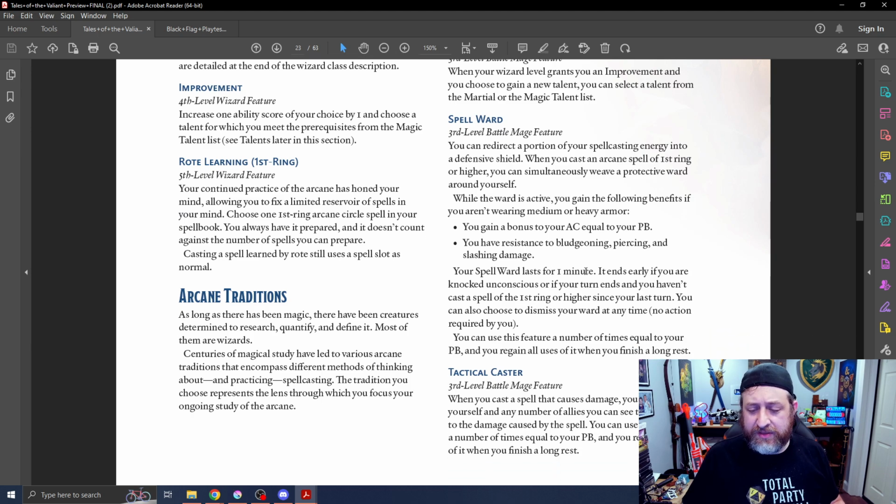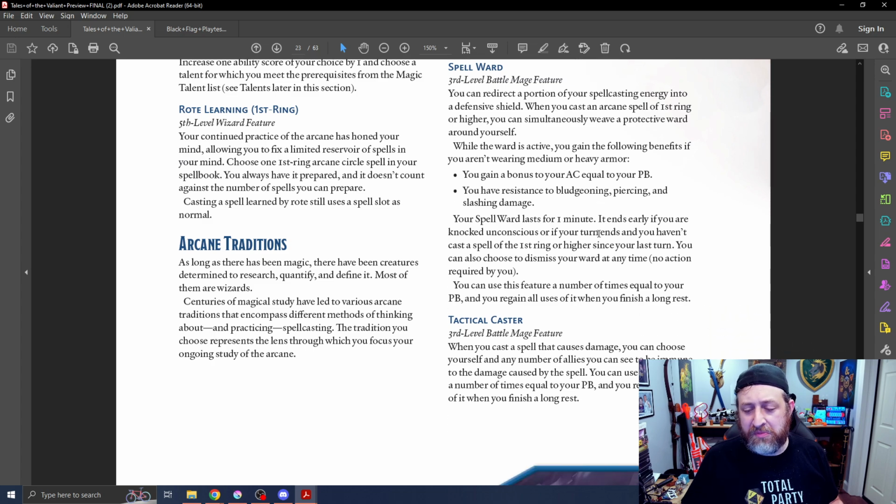When you cast a spell that causes damage, you can choose yourself and any number of allies you can see to be immune to the damage caused by that spell. You can use this feature a number of times equal to your proficiency bonus and get...